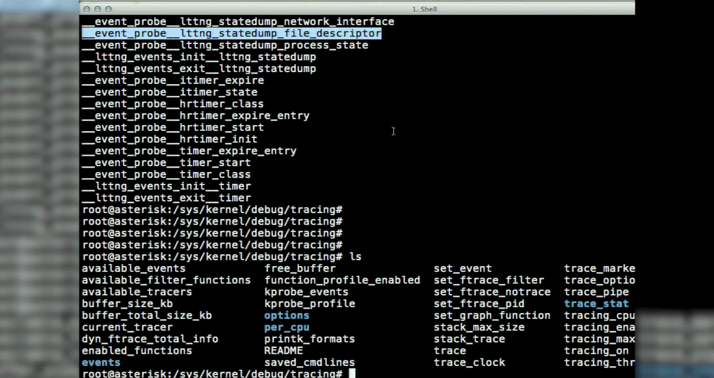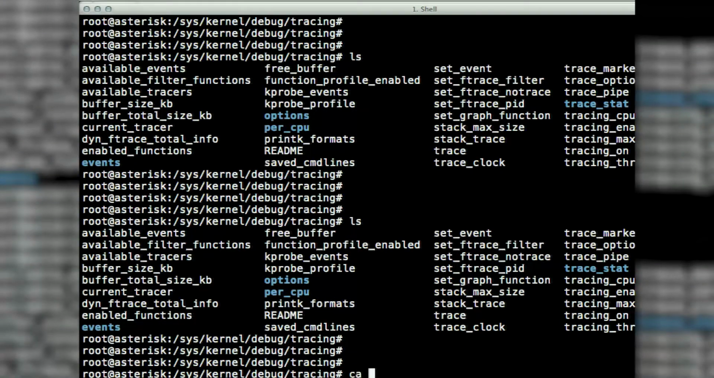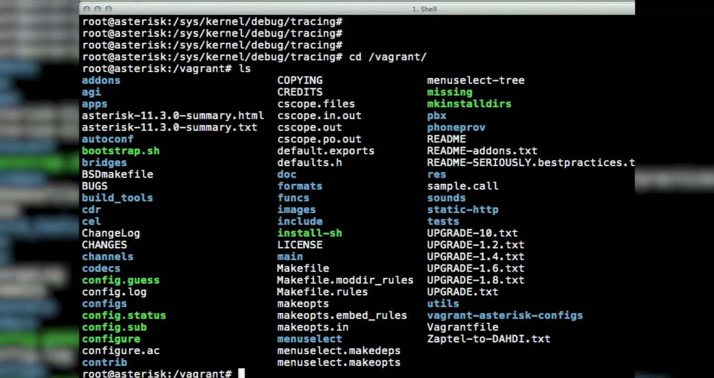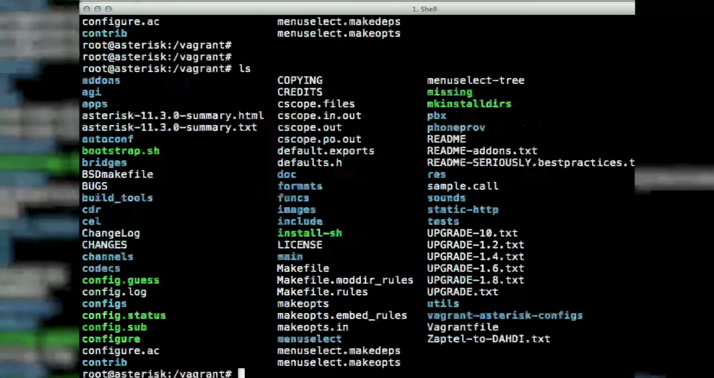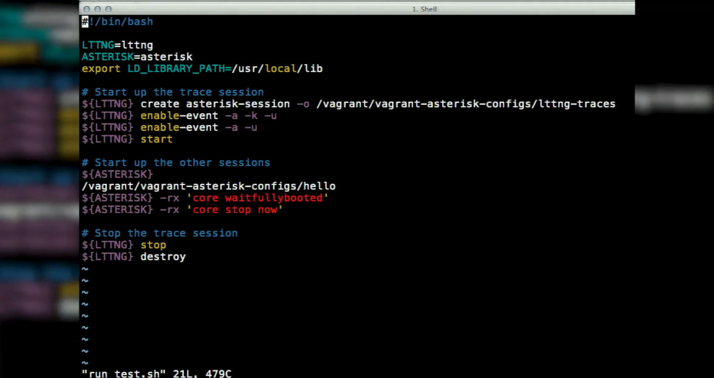So let me go ahead and show you what a kernel trace looks like now. On this virtual machine, using the Linux Trace Toolkit visualizer, I have this little script here just to basically run a basic test. And so the first thing it's going to do is,